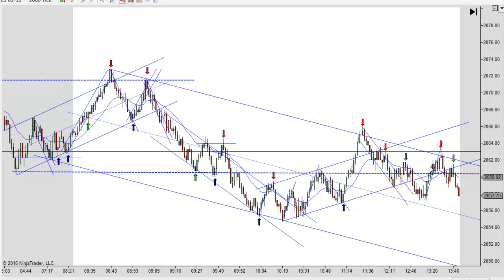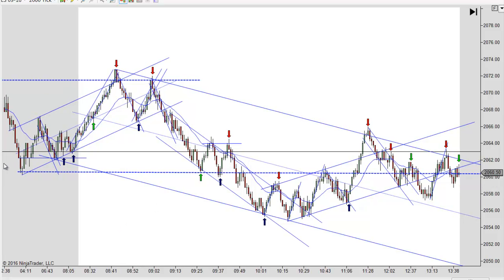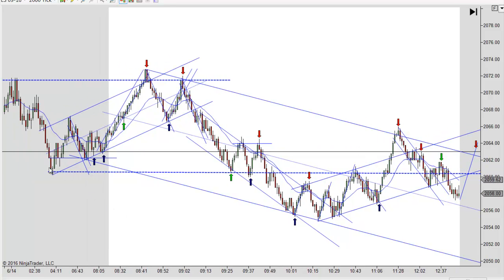When it's swinging back and forth like that, that's a good sign that it's a range type day, and you generally can trade that both ways. You got to be careful. You still have to use the short term trend lines and follow the rules on that. But for the most part, you can trade it both ways when it's swinging both sides of the EMA like that. You still want to find your shorter term trends and pay attention to those. And of course, you always pay attention to the overnight highs and lows, and that's basically your range